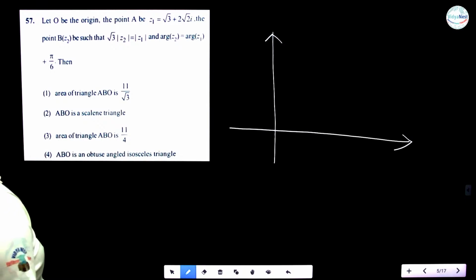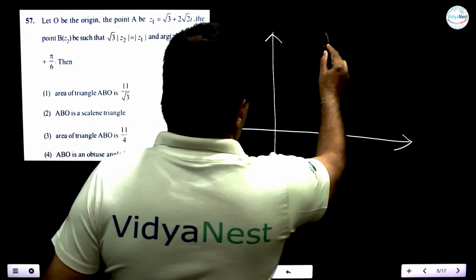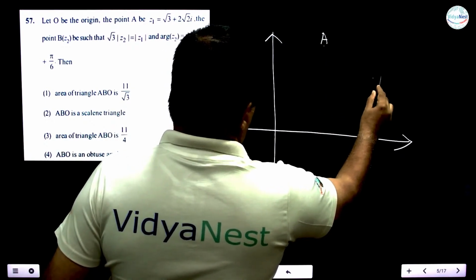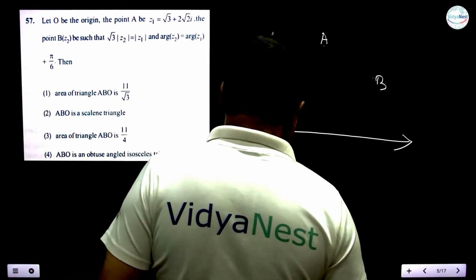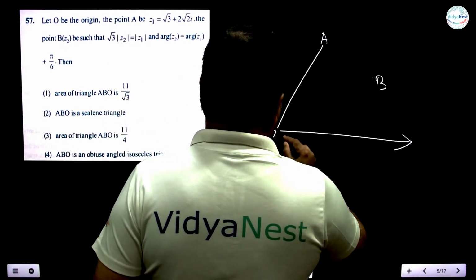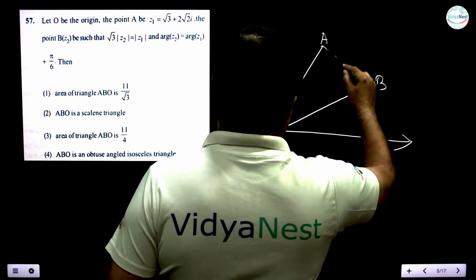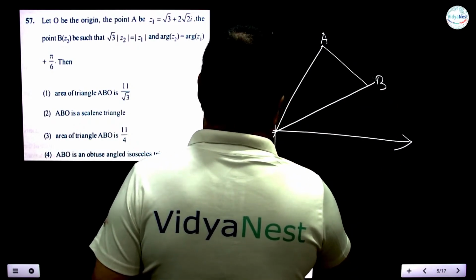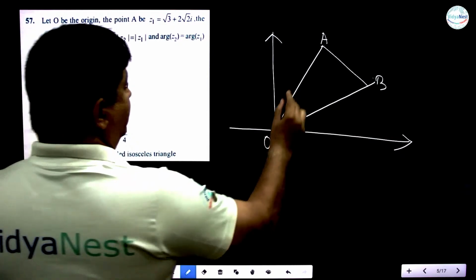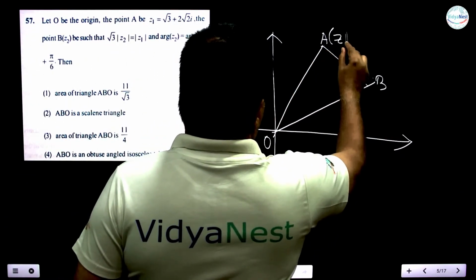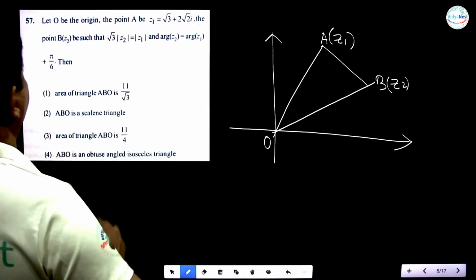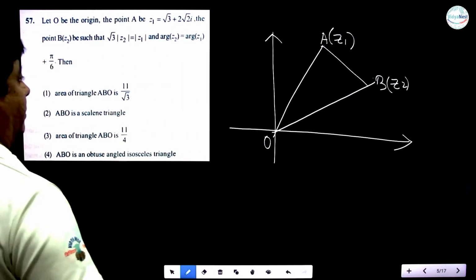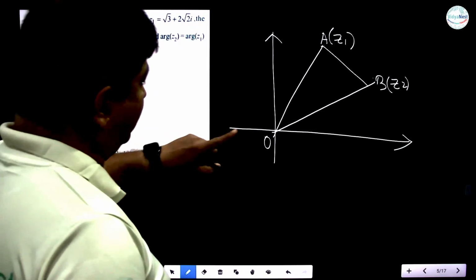OB origin, one point is this, another point is this. It is like this: A, B. The triangle will be like this. That is Z1. This is Z2. But now once I draw the figure,